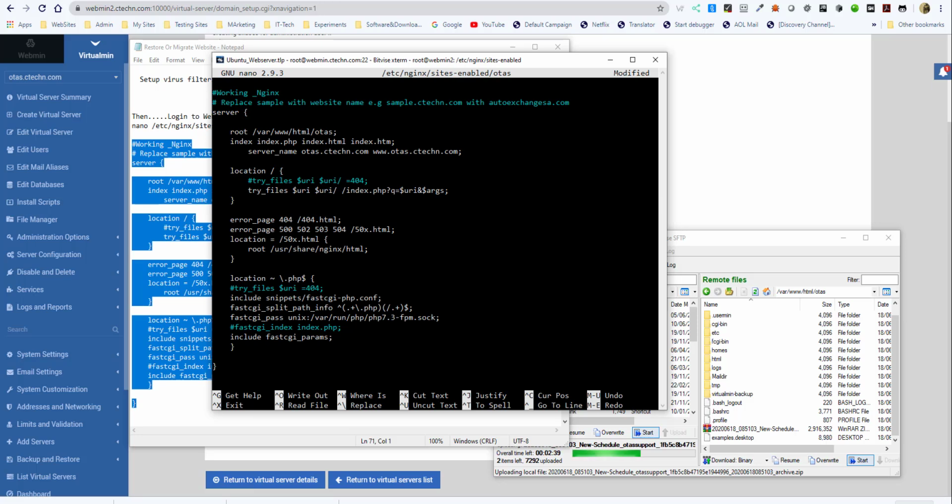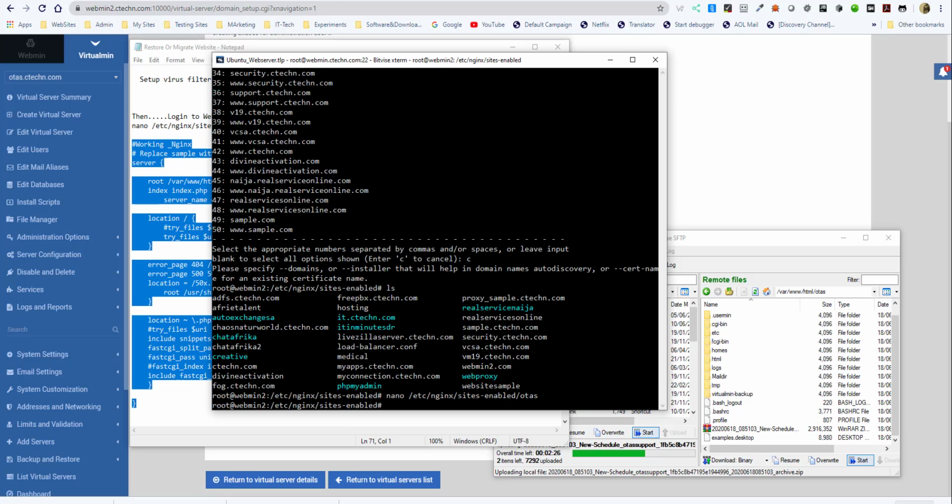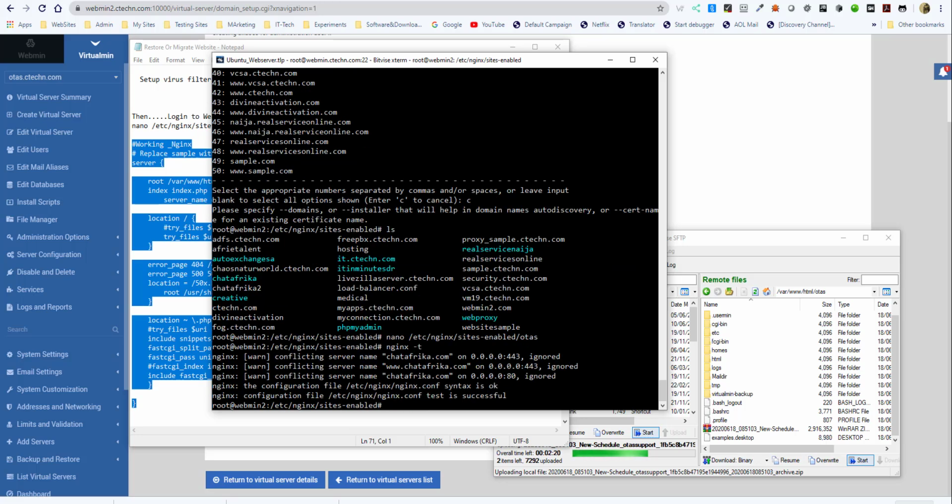Just check that everything is correct. We got OTAS there. We're going to be using PHP 7.3. Save that. Quickly do an nginx test to make sure that there's no syntax error. Okay, that's fine. So now we can